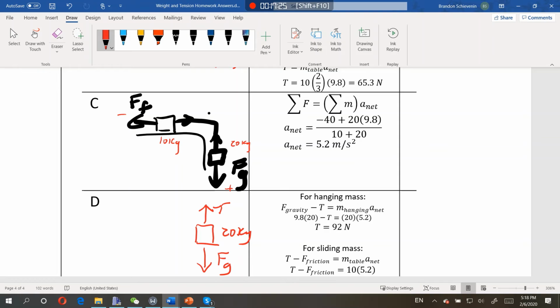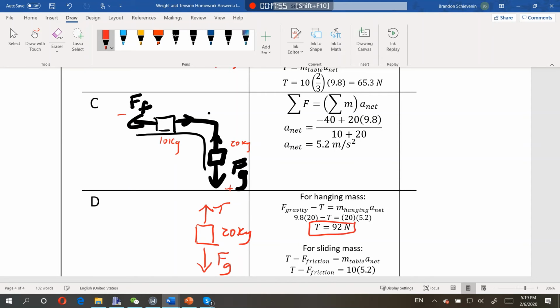So my force of gravity would be 9.8 times 20. My force of tension would be acting in opposition to that. For my picture, that's acting in the opposite direction of my positive sign, so that would be negative for me, which is why I'm subtracting. Then I've got my hanging mass, which is 20, and my acceleration we just found for the force of friction is 5.2. So then I can subtract 20 times 9.8 from both sides, and then divide by -1, and I get 92